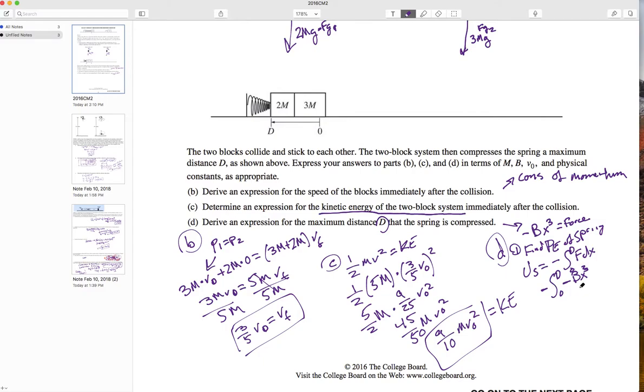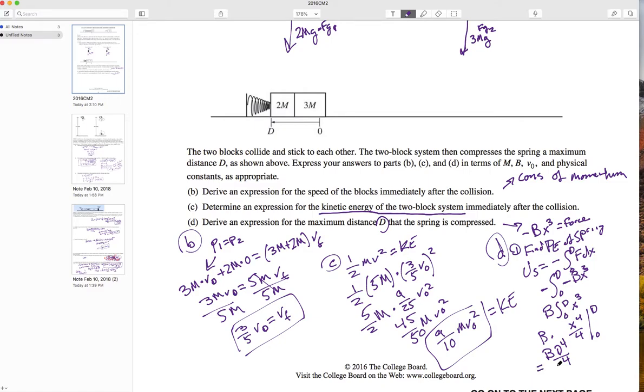Well, we can take the negative beta out, and we get beta times the integral from 0 to d of x to the third. Well, that's just x to the fourth over 4, evaluated from 0 to d, times beta. So plugging in 0 gets us 0, so this is just beta d to the fourth over 4